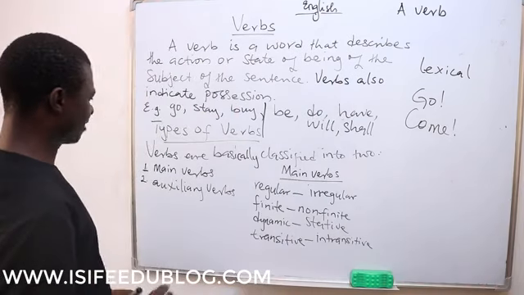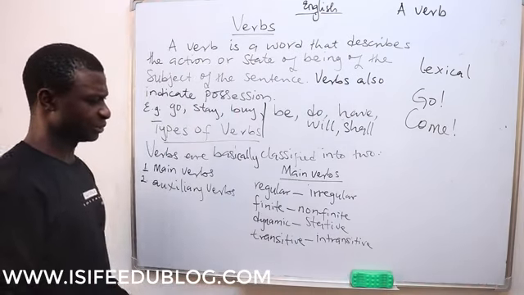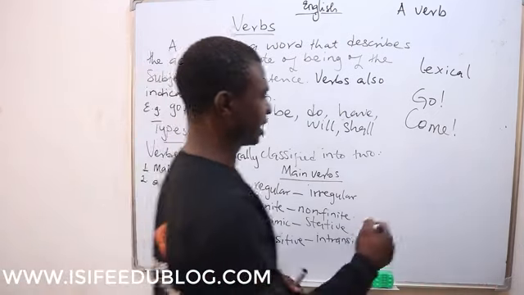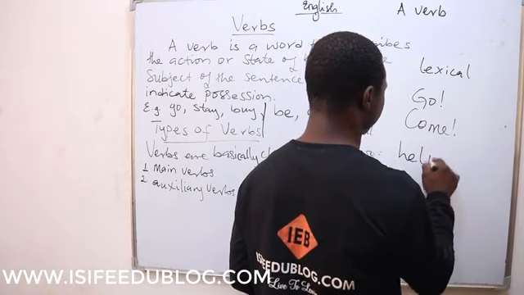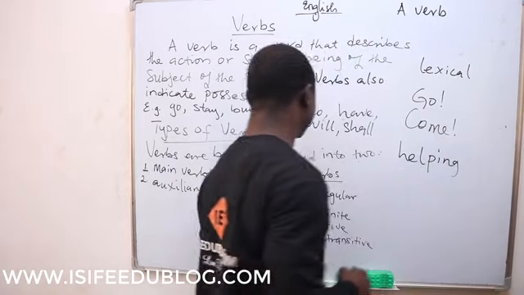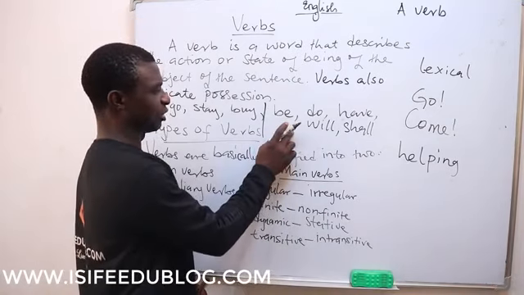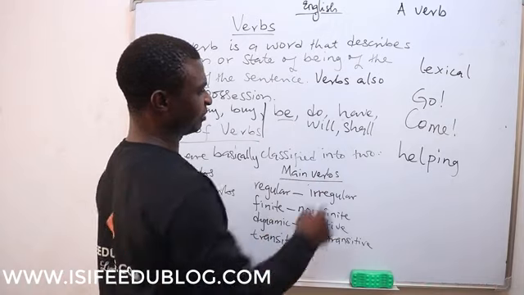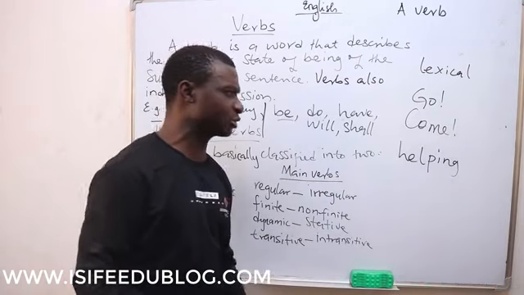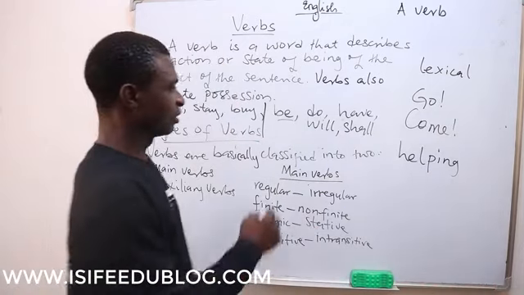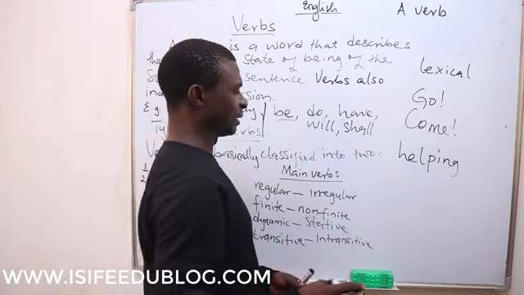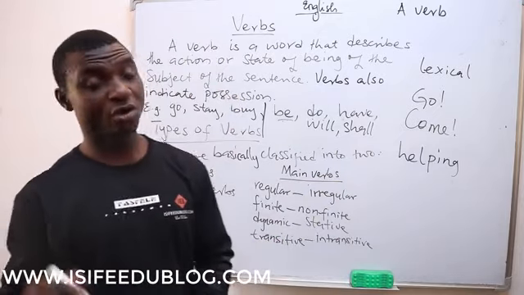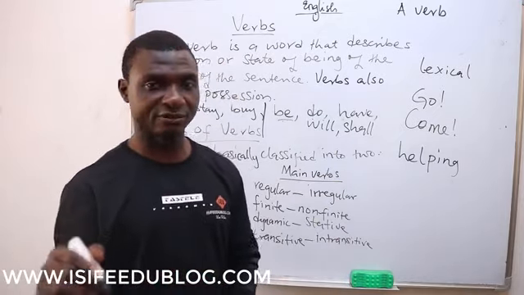Again, we have the auxiliary verbs. That is the second type of verb, the auxiliary verb. We also know them as the helping verbs. Now, this is where these ones belong. The verb be is an auxiliary verb, do an auxiliary verb, have an auxiliary verb. But there is also an addition to that. These three verbs, which we'll open up later, be, do, and have, are both auxiliary verbs and main verbs.